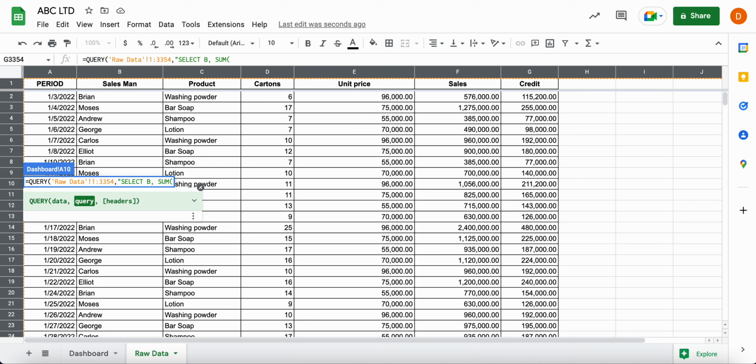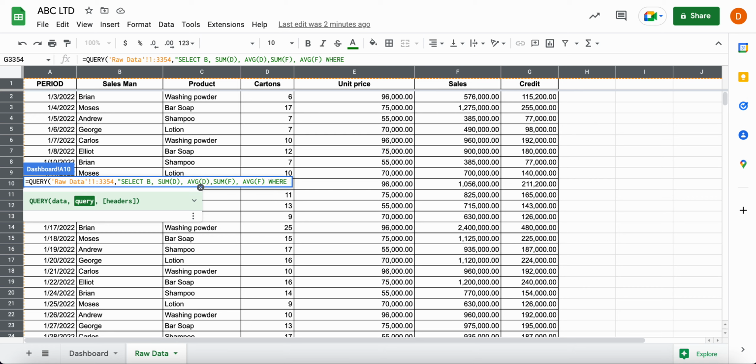Cartons is in column D, comma, and then we need the sales value, which is F, comma. We also need to show the averages. So I'll do sum D, then average D, and then for the sales, sum F, and the average F,